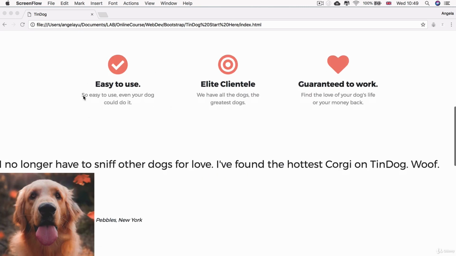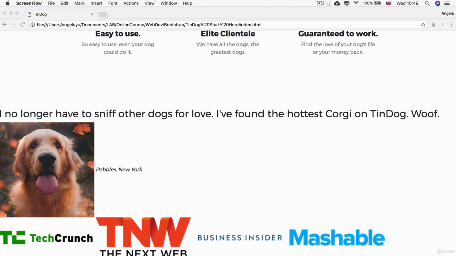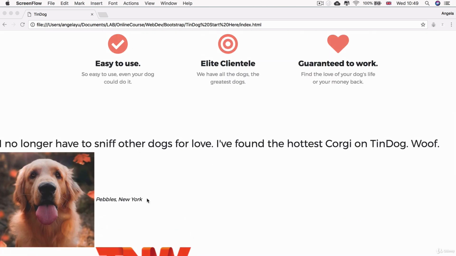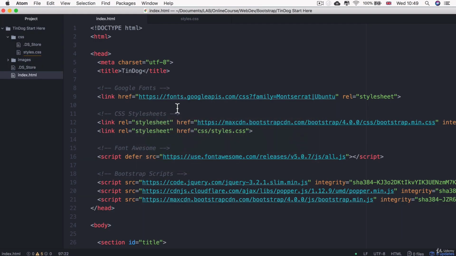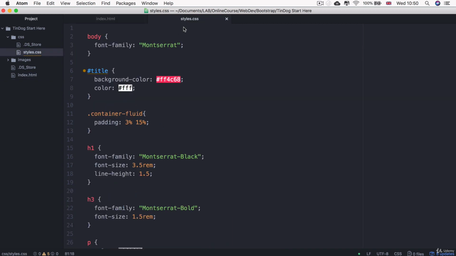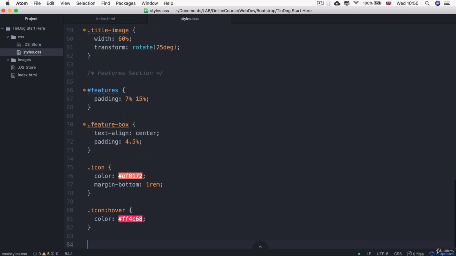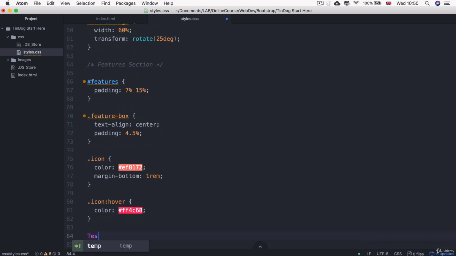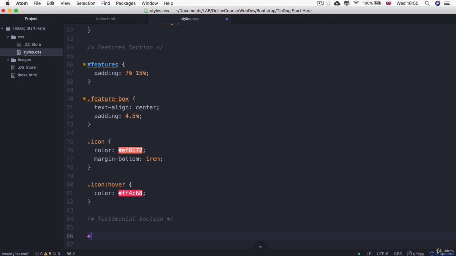So similar to the feature section, we need to have a bit of padding here. It doesn't look very good to have long lines of text and images going right up to the edge. It feels very pure HTML. So let's go ahead and go into Atom, and we can see that in our testimonial section, we've got a section with the ID testimonial. So we can go in here and we can create a new comment. So this is going to be the testimonial section. And I'm going to comment that out, and then we're going to target that ID called